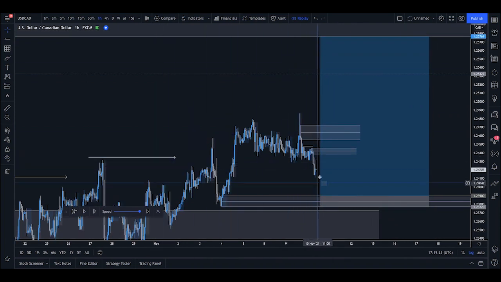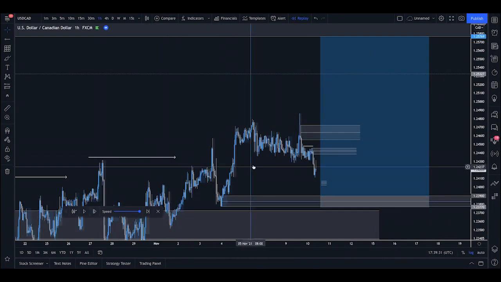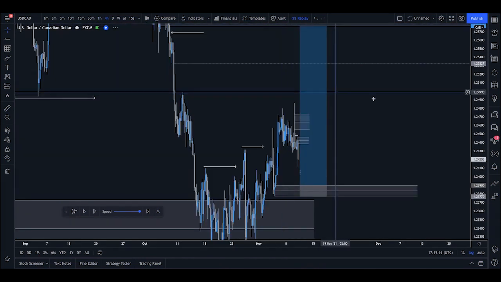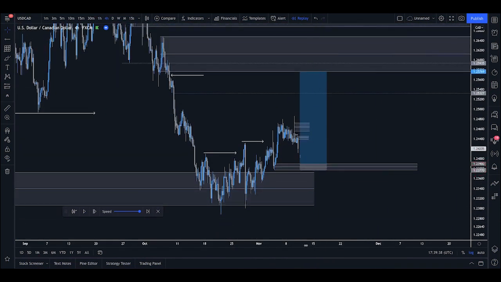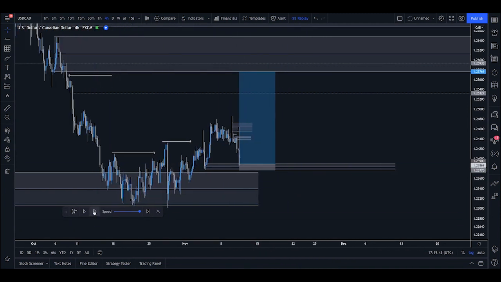If obviously we get nice price action like this that we can work with nice and steadily with an efficient upward trend, we won't take the partials and we will instead just run with the stop trailing system. But we do need to know those exit points and those targets just in case that is the scenario that we are presented with. So if we just let this trade play out,